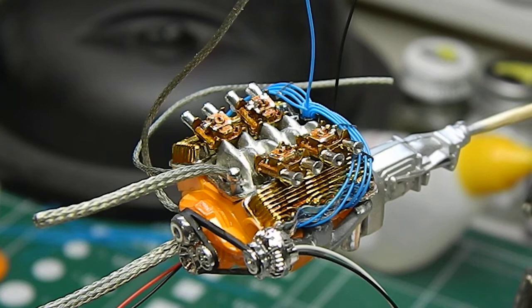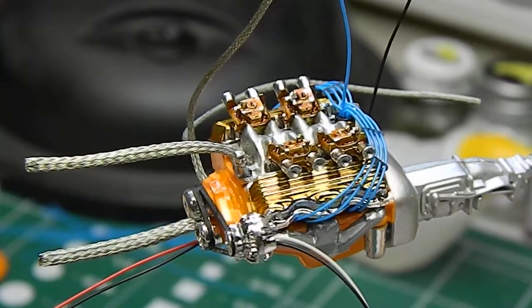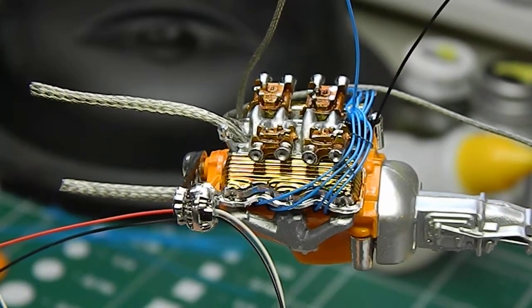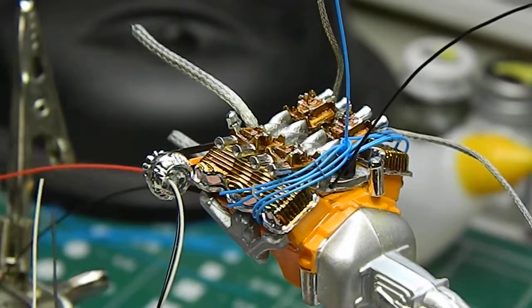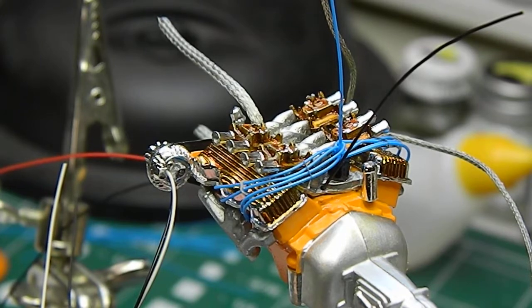Just a quick update on progress on the 61 Impala. Motor is almost the same state as you saw in my previous video. I've got wire loom spacers arrived from Detail Master, and we've got spark plug wires run. Coil wires still hanging there waiting to get hooked up to the coil, and we've found a location where it seems